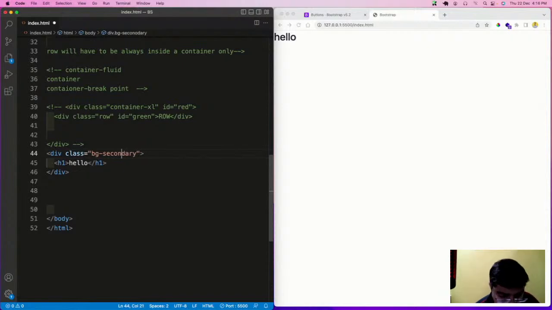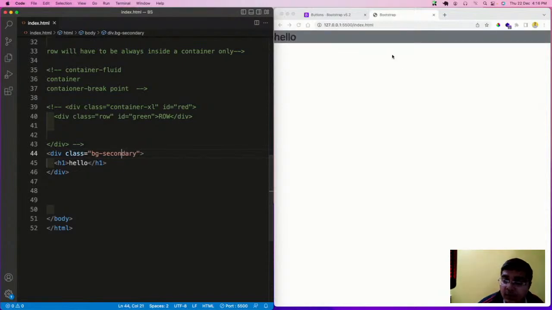You can see the background color will be like this. Automatically it has a default class built in. As soon as I put secondary after BG, it will automatically take the same color. After that, what we will do,